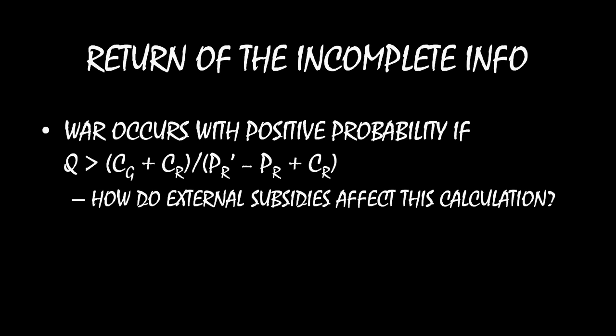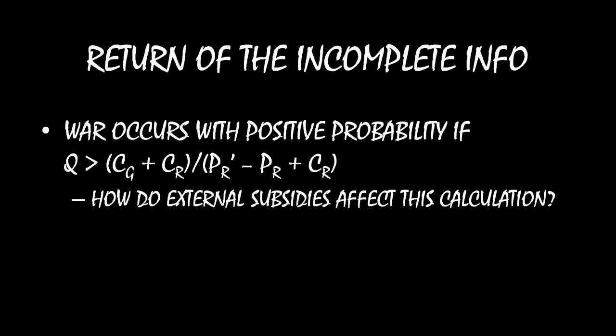But in a world where external subsidies are possible, when you go to war, not only are you paying those militarized costs, you're also foregoing whatever the subsidy was. If the subsidy was $1 billion, not only are you paying the cost of conflict, but you're also not receiving the $1 billion that you would have received had you maintained the peace. So the effect of an external subsidy is to increase the cost of war. And notice that if you take the costs of war and make them arbitrarily large, close to infinity, then the right side of the inequality is going to go to infinity as well.